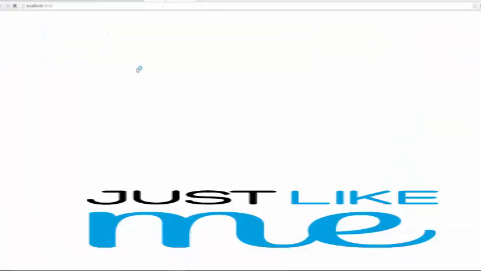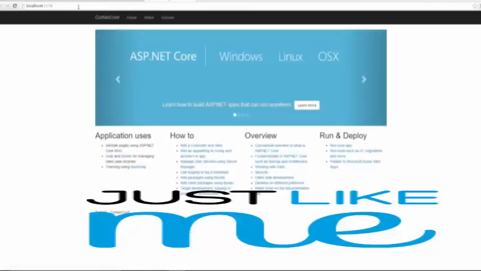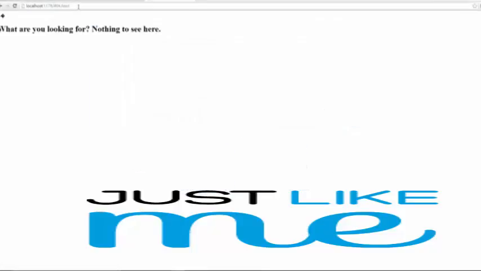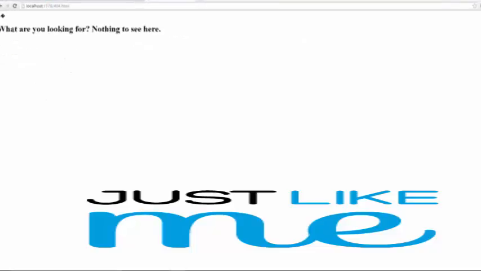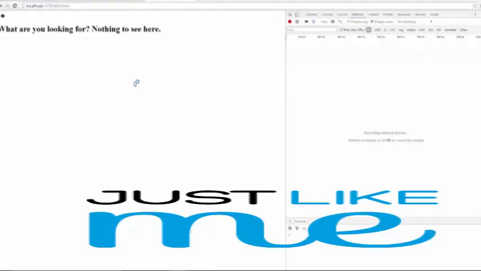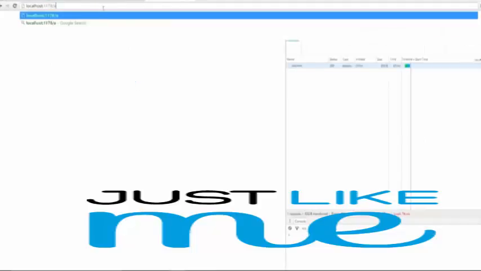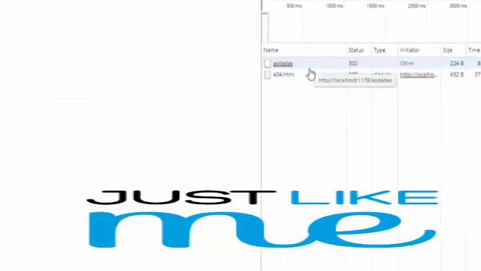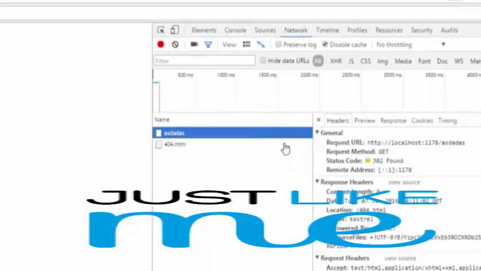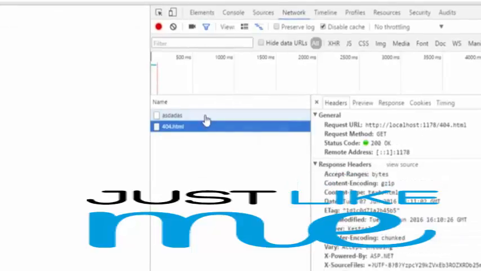And what we should see here is that the status code with redirects middleware is going to give us something different when we go to a non-existent page. Now you see it's taking me to the what are you looking for, nothing to see here page, which is what we wanted, which is great. What's interesting is if we go to F12 and look at our network tools, what you see is it requested the page, and we got a 302,